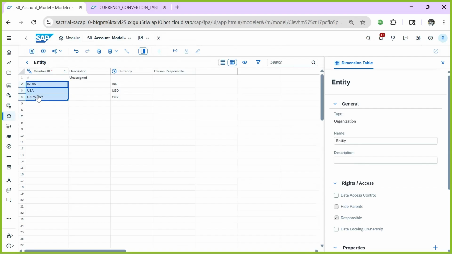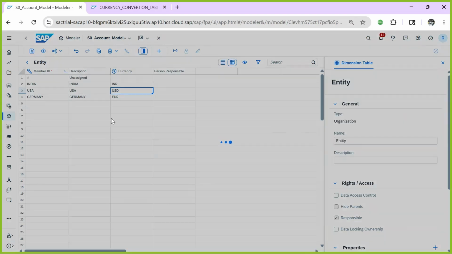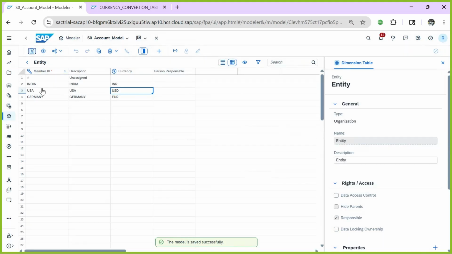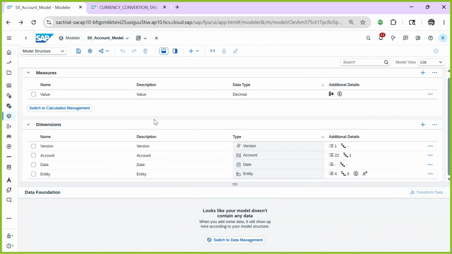On these three values, I'll paste in the text and save it. So by default, your organization dimension will have the currency field as a default property. Once your entity dimension is created, now if you come back to your account model